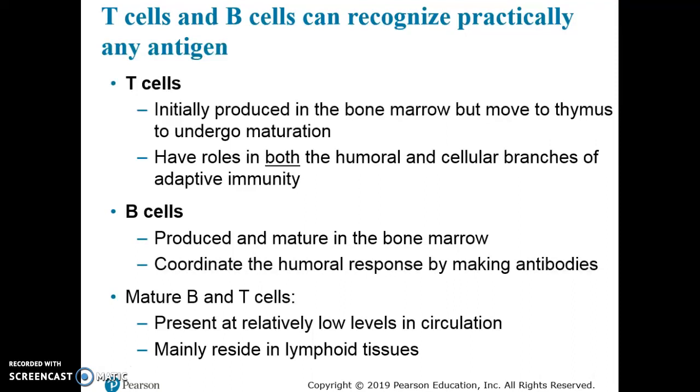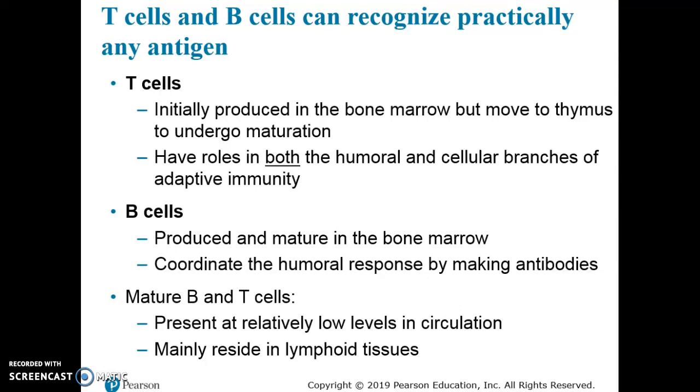The T cells are produced in the bone marrow initially, but very early in their cellular life move to the thymus to undergo maturation. And T cells have roles in both the humoral and cellular branches of adaptive immunity because of one type of T cell. And I'll talk about that once we get to the different